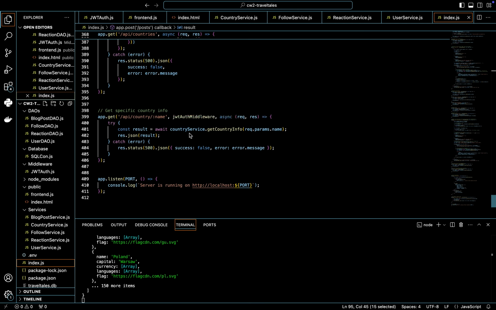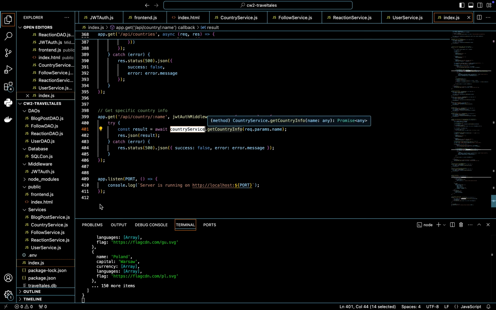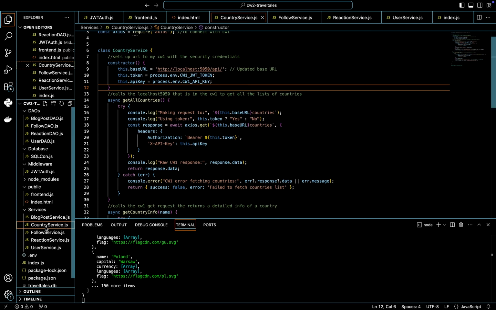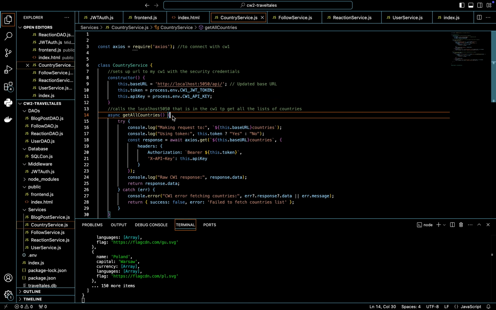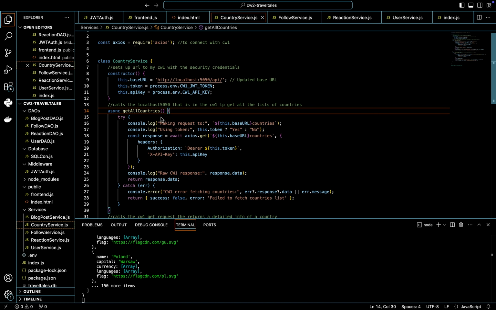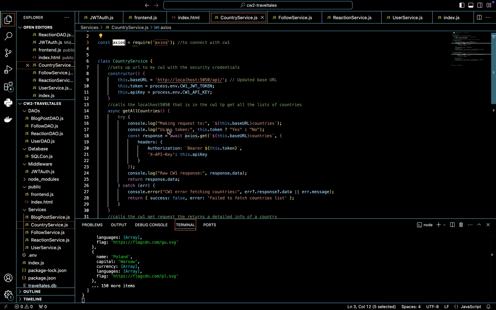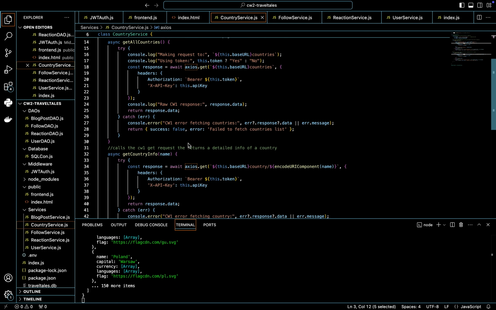This calls the country service get country info, and this route forwards it to country service dot get country info, which is found here, and we can see that this method here, get country info,